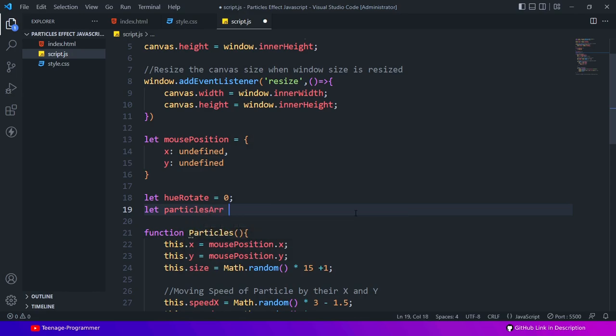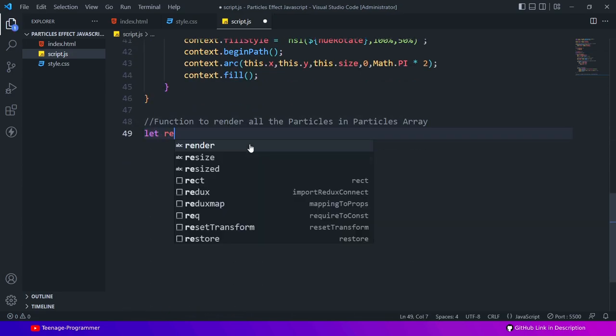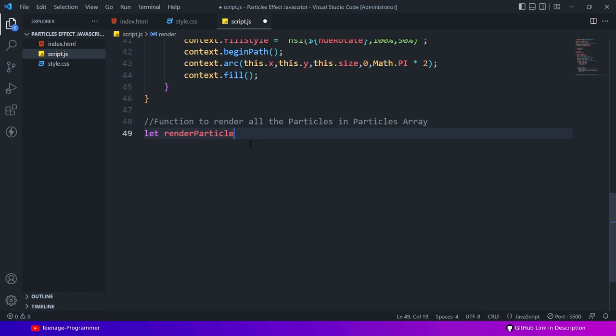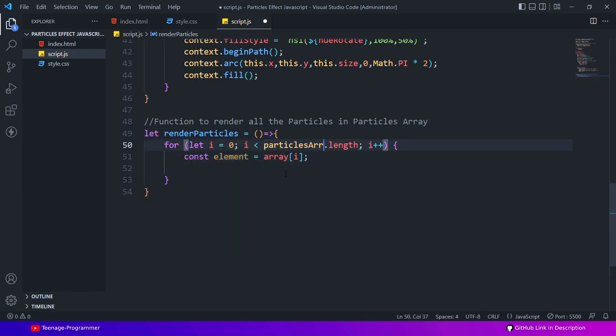Now, creating a particle array to store particles. Using the for loop to render and update every particle in the particles array.